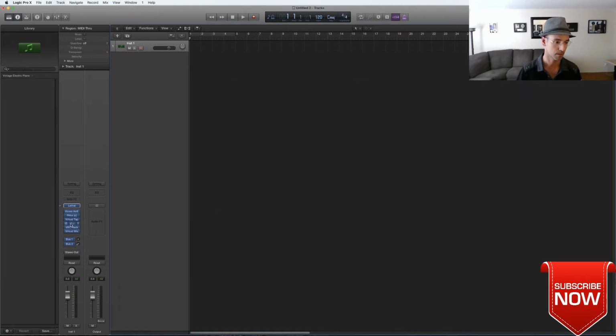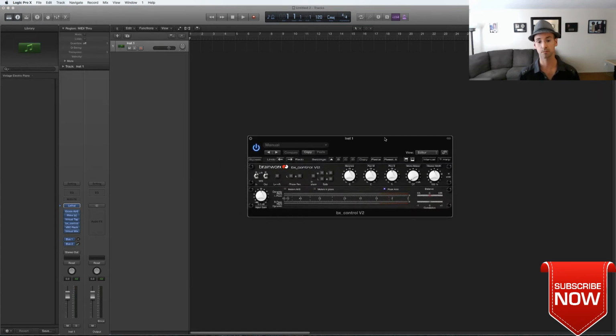Let's go to this one. BX Control. You can do a lot of stuff with that, but what I mainly use it for is if I need to get my bass mono. Why? I'll explain. If you have a stereo bass, it can be a problem on stereo systems. There can potentially be some phase issues. So you always want to have your bass mono below 200, 300 Hertz or so. I usually move that, and that's it. It's done. You're good to go. I usually use this one just for that.